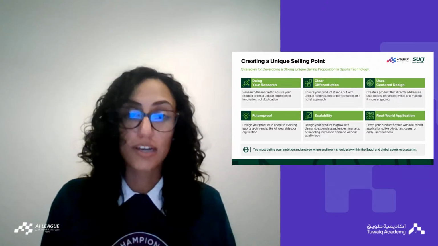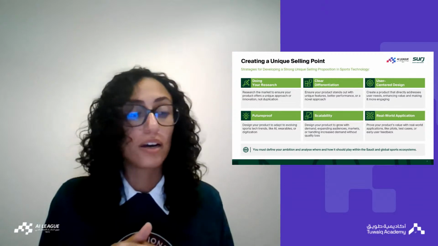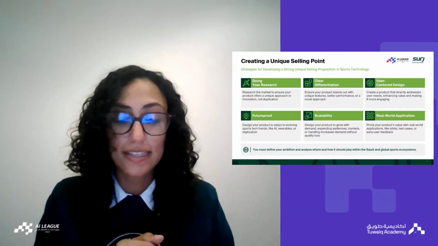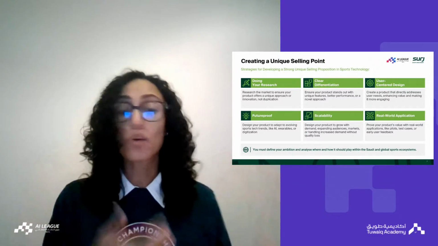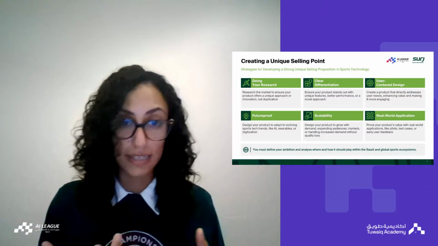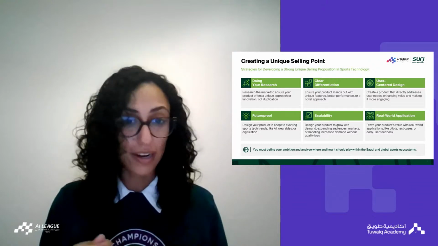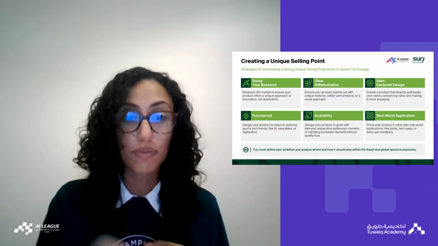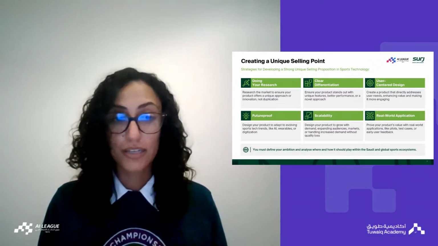A user-centered design, so we touched on this earlier with user experience. And the idea is that, think of it this way. We have so many apps on our phones today, and we get very frustrated with them if within 3 clicks, you're not getting what you need from the app. Think of it in a similar way when it comes to your product.